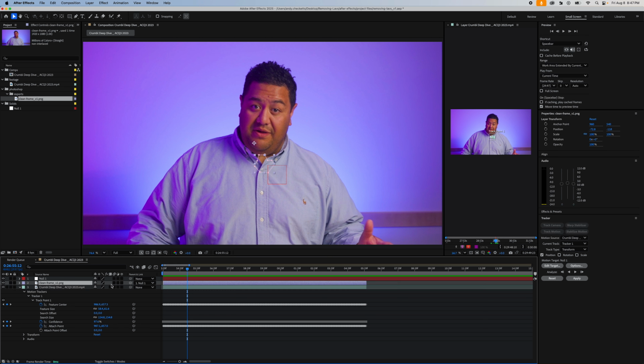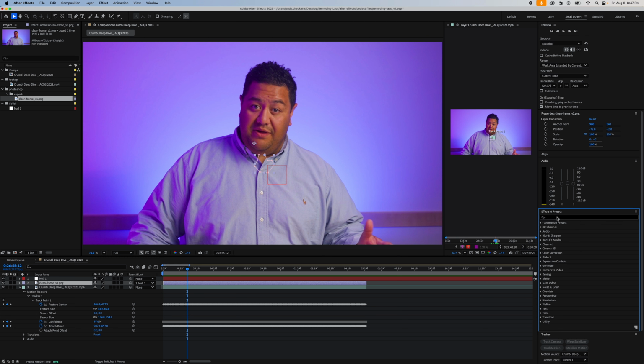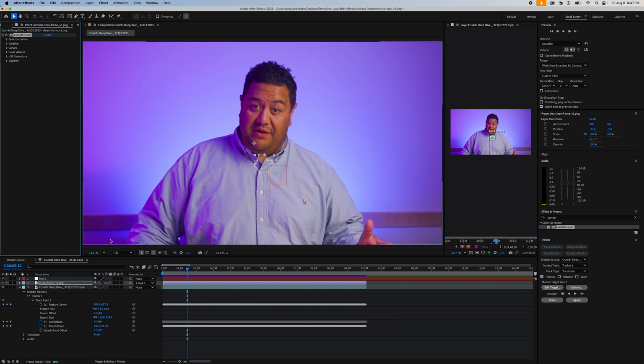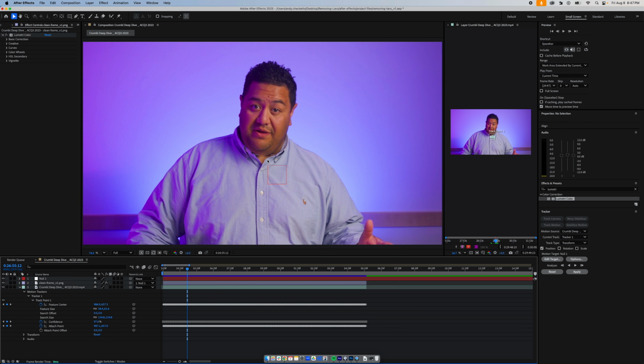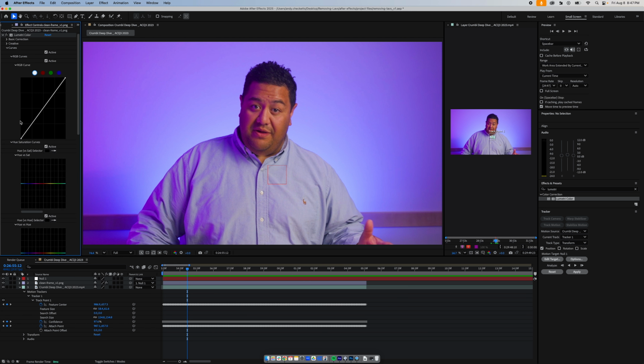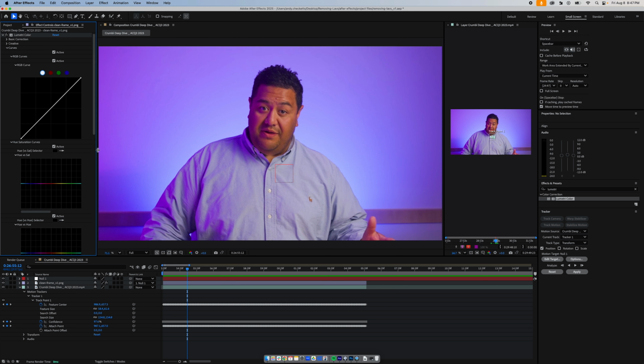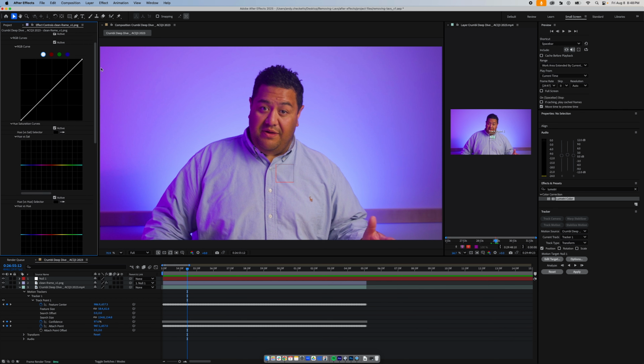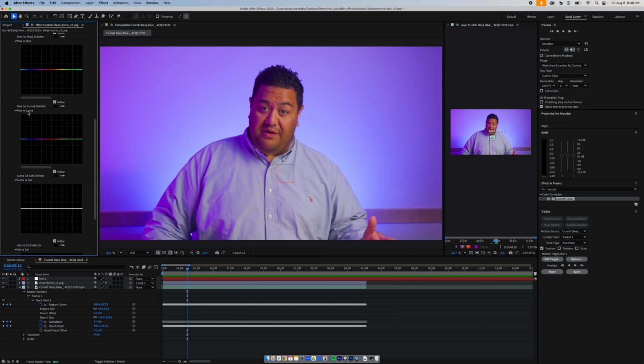With clean frame selected, let's add a Lumetri layer to that. Go to effects and we'll add a Lumetri Color. Now, what I want to do is just darken the skin tones a little bit so that it's less noticeable as the brightness changes throughout this area of his neck. So I just want to target the reds. I'm in curves, and I'm going to come down here to the hue versus luma curve,